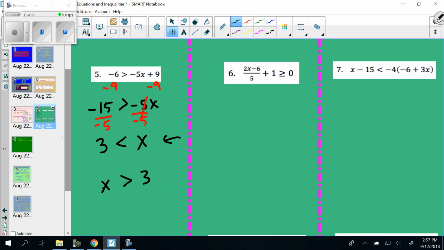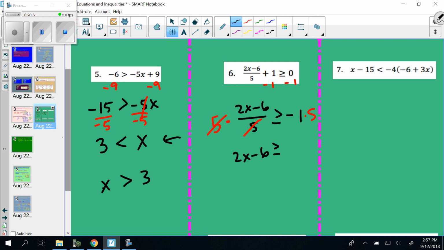All right, let's try another one. Number 6, we want to solve this. Okay, again, get everything to the other side. Start by subtracting 1. Okay, so now I got 2x minus 6 over 5 greater than or equal to negative 1. Now, we can't really do anything with this numerator until we get rid of the division. Opposite of dividing is to times, so let's times both sides by 5. That eliminates that. So we got 2x minus 6 greater than or equal to